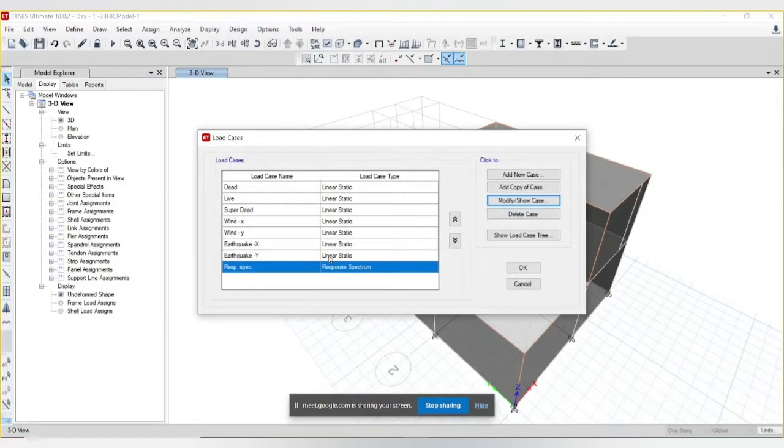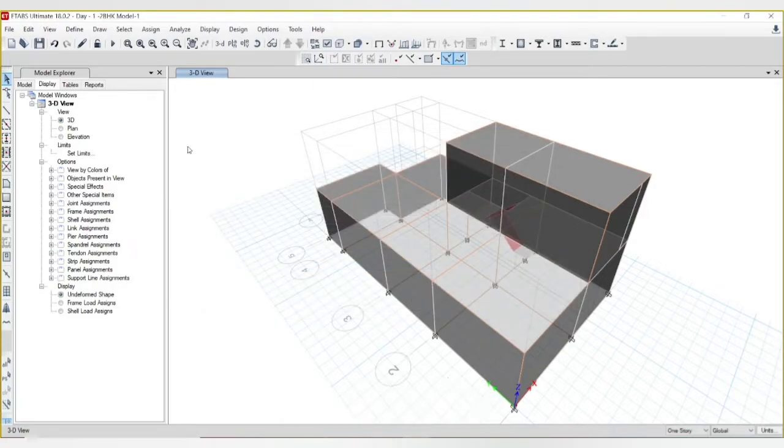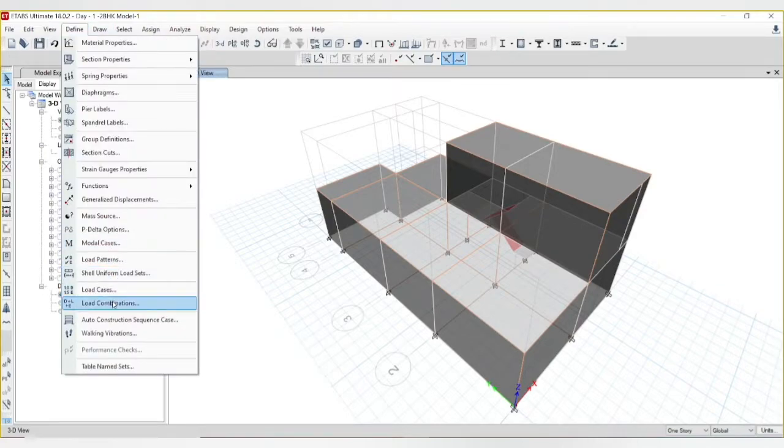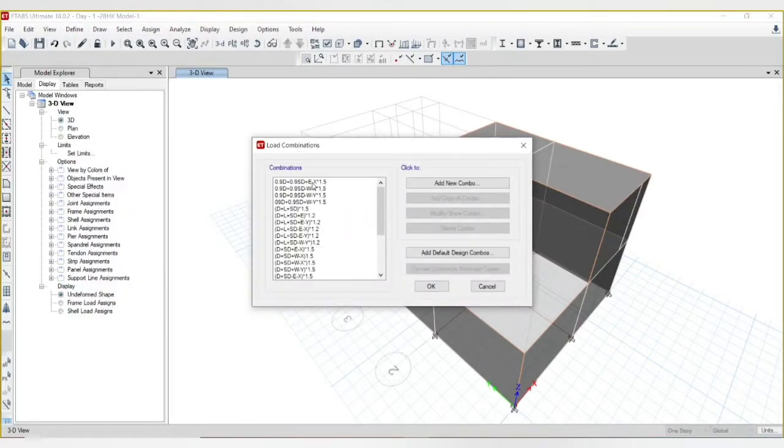Now you can see that the rest of the things are all linear static analysis. Response spectrum analysis we are doing by Indian Standard Code, and we have written it as response spectrum, and press OK. Now let us go to load combination. Load combinations. Now we have already made these combinations, and if you check that, we will be having